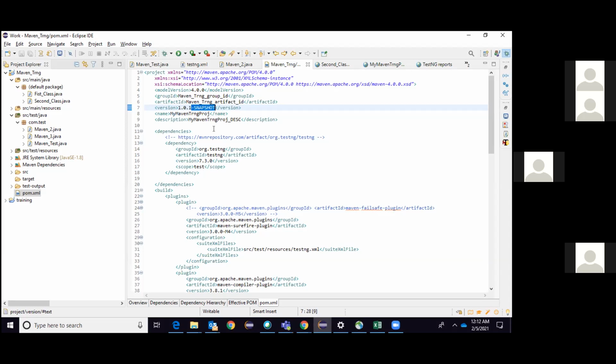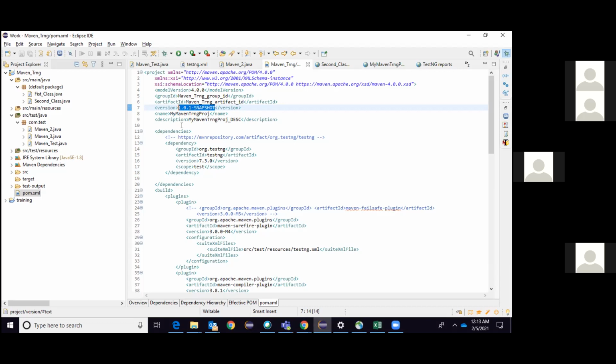Snapshot and release, there are two things. Now, basically 1.0.1 is called a release, and 1.0.1-SNAPSHOT is what we can call a trailer. This is the release and this is the trailer. The snapshot, basically we developers develop and put into our development environment, not into the upper environments like the QA environment, the stage environment or the production environment.